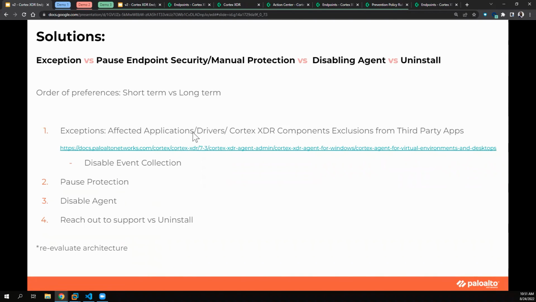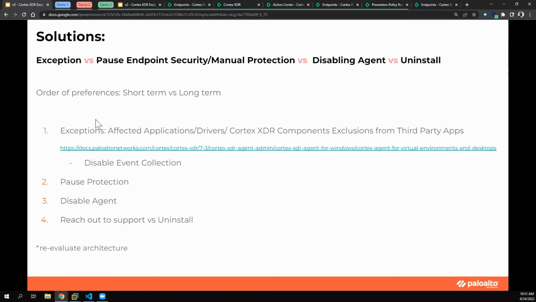If you are able to identify the application impacted, you can make an exception for that. We have a separate webinar that details how you tune your applications to make exceptions. Likewise, the way I used the Process Explorer to identify whether a process has been injected into, you can check using a tool like Process Explorer. And if it has, then you can disable injection for the impacted process. Another way is for you to disable event collection. So then before you even go into the use of pause protection,